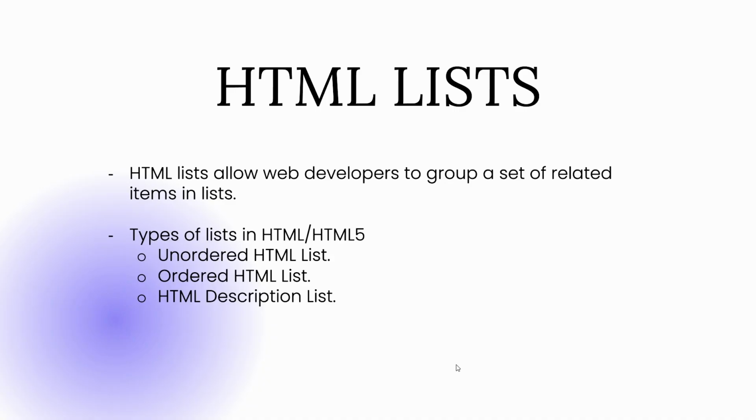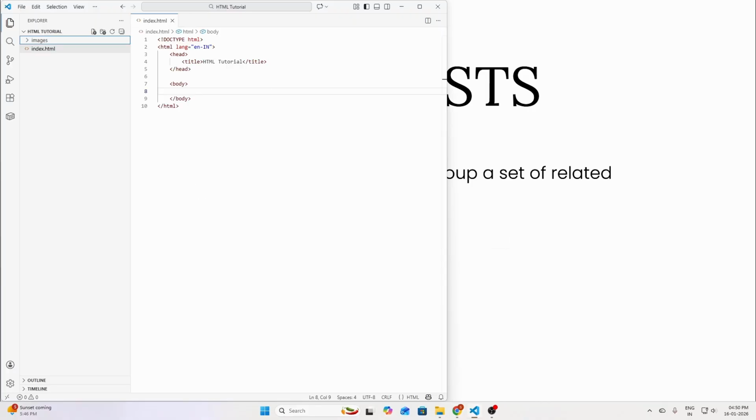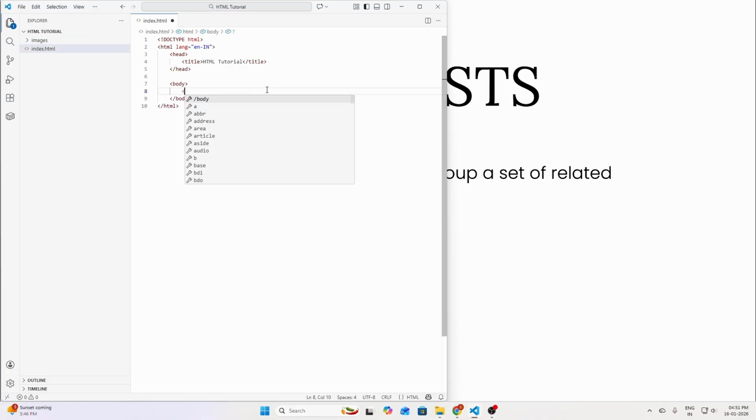In HTML, there are three main types of lists, namely unordered list, ordered list, and description list. And we will walk through all of them with you. So let us start with the first type of HTML list, that is unordered list. So let's go to our Visual Studio Code here, and an unordered list starts with the UL tag, which stands for